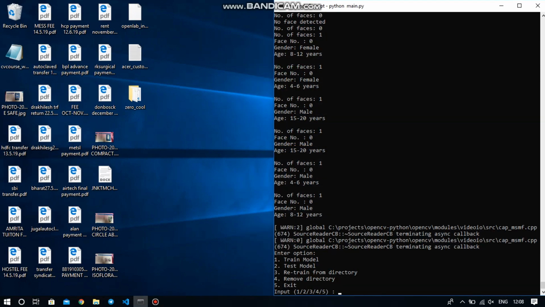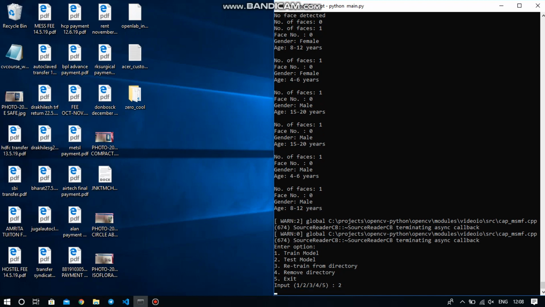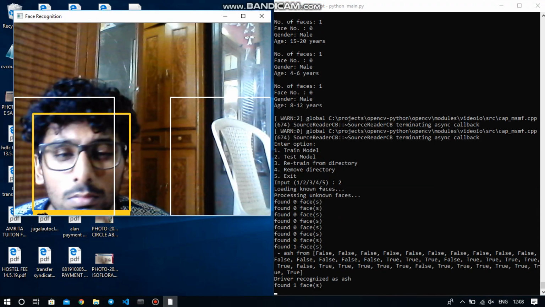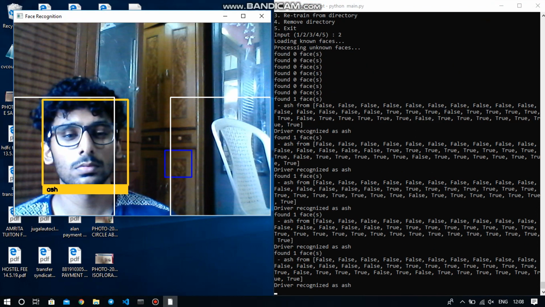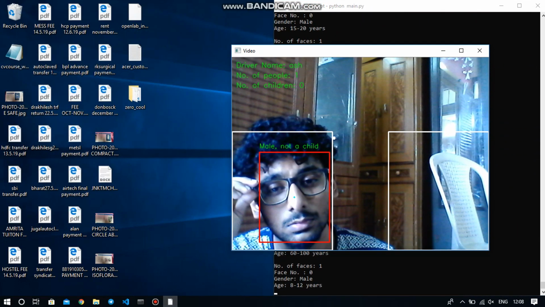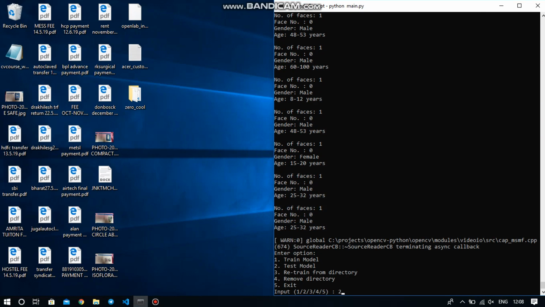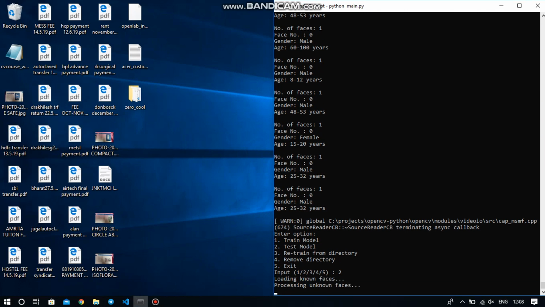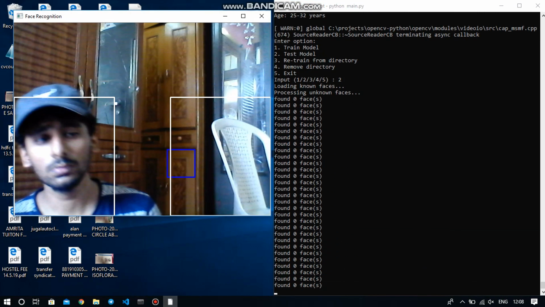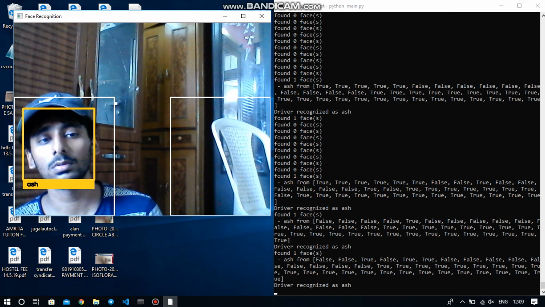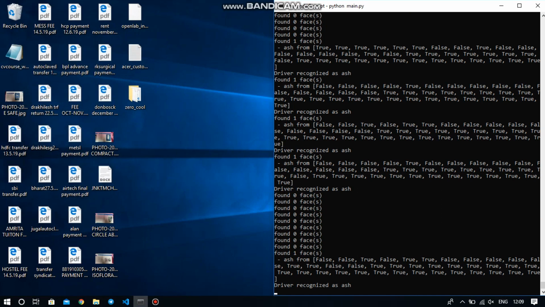Now we are going to go with one more scenario. I'm going to test the model again, with spectacles as I told you, and you can see that it's still nicely recognizing Ash. It's a very simple setup and at a very initial stage, but still, this is a very vital system, I believe. We are going to go with more training content, like training for multiple ethnicities and multiple races. Now you can see that we have trained the system with the cap as well, and it's recognizing nicely with the cap. All of this is done in real time, and there is no delay at all. That's the most appreciable feature that you need to note.